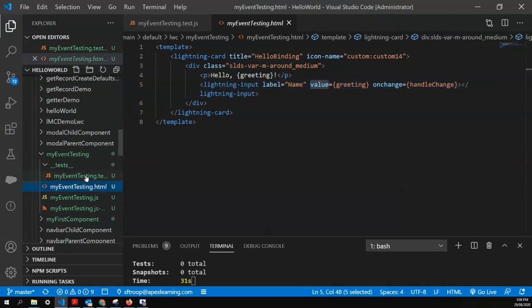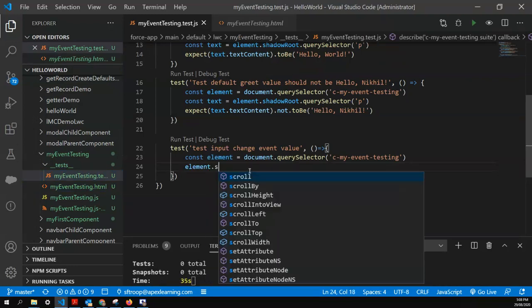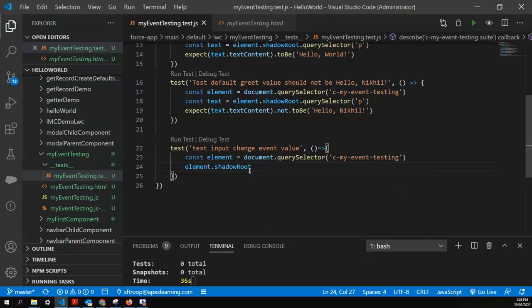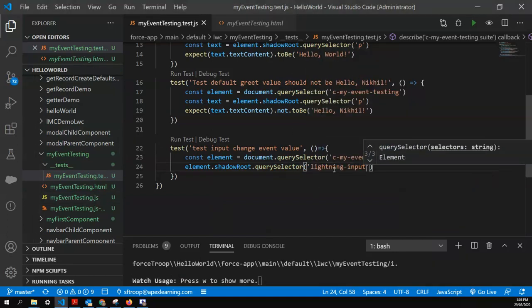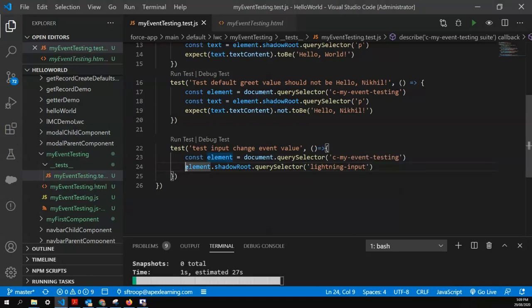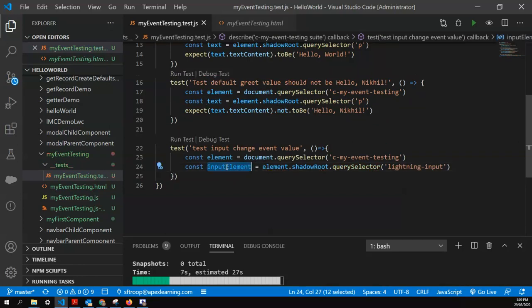And to call that, we can use element.shadowRoot.querySelector, and in querySelector you can pass the tag name, that is lightning-input. This will give you the reference of the lightning input field, and we'll store this inside a variable called inputElement. So now you have a reference of the input element,